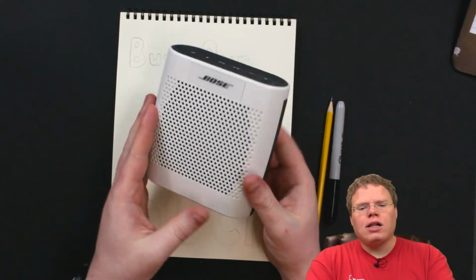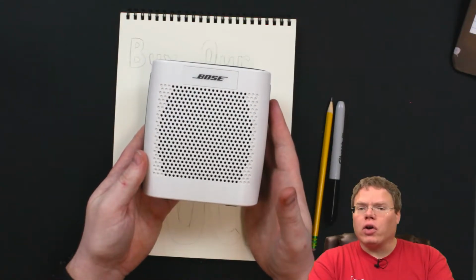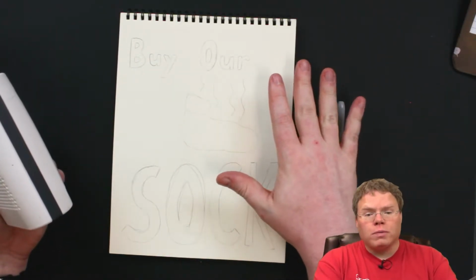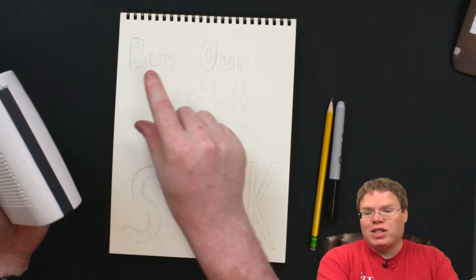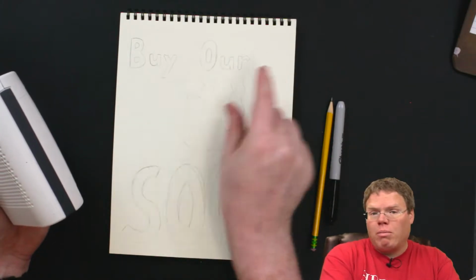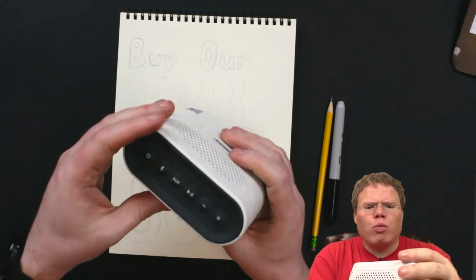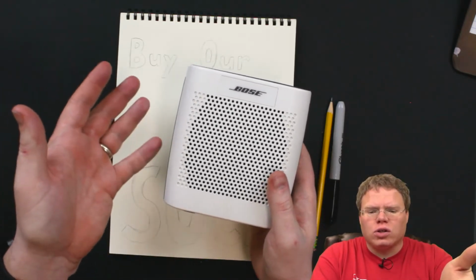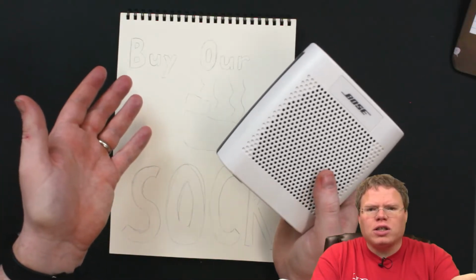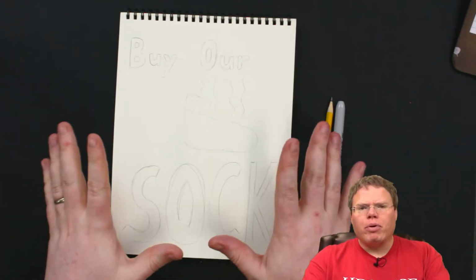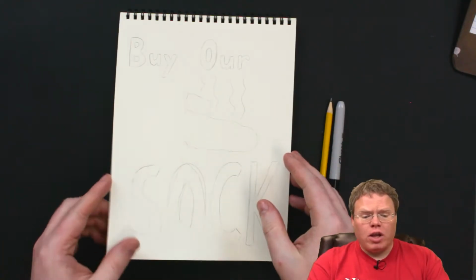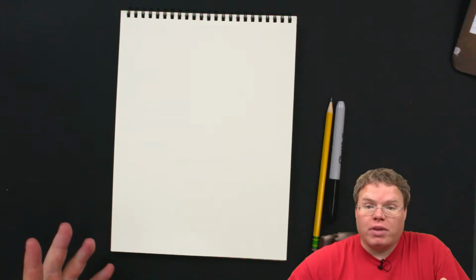If I was trying to sell this speaker, I might have a picture of the speaker next to a pool and say something along the lines of pump up your pool party, because it's water resistant, like it's splash resistant. If you get splashed, it's not gonna hurt the speaker. So put it next to a pool and it'll be fine. My point is, an advertisement that just says buy something is not gonna be effective. So we gotta do something else.